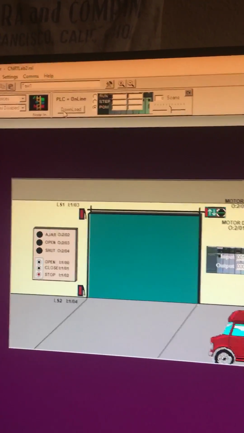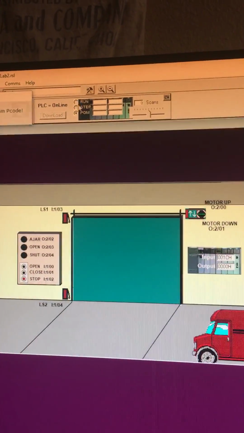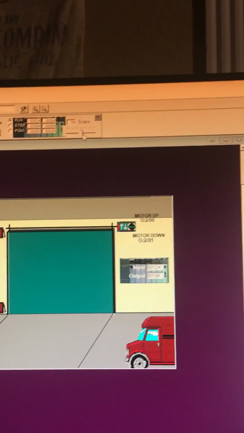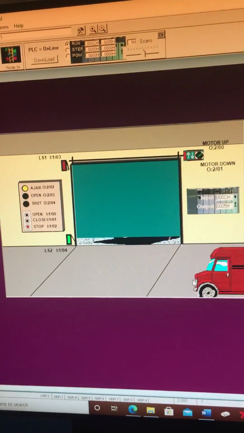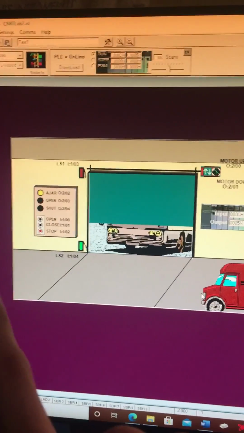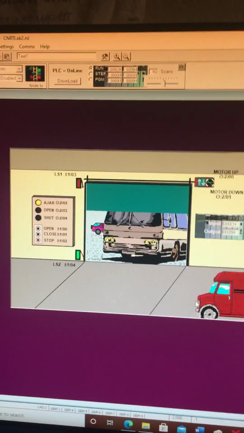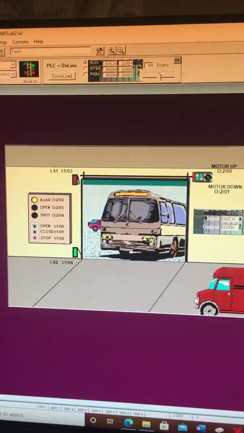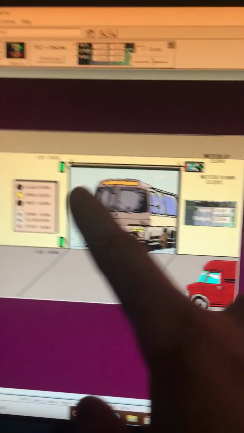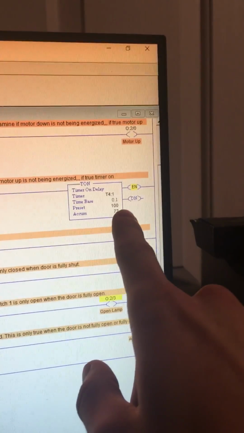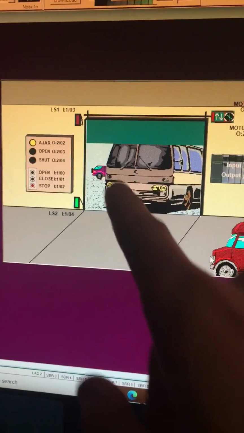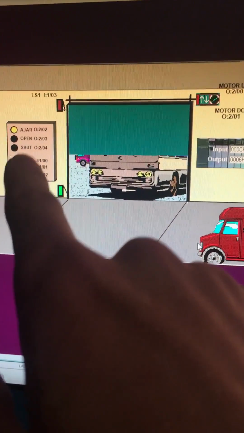If we download this program and click run, so it scans about halfway, you can see the shut light is on. I'm gonna click open, the door goes up, the jar light turns on, motor stops, open light turns on, which means our timer starts. You can see our timer going up, and now that 10 seconds has passed, the door goes down, open light turns off, a jar light turns on,